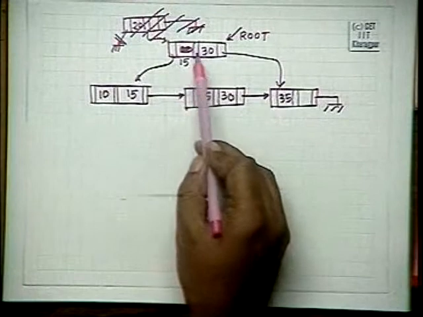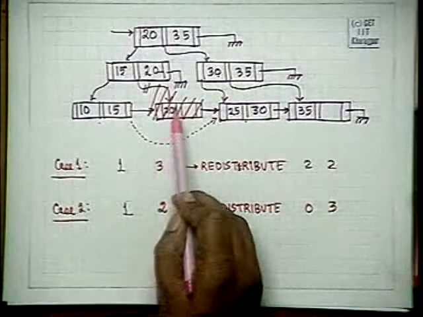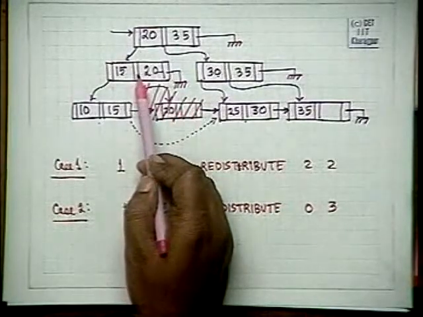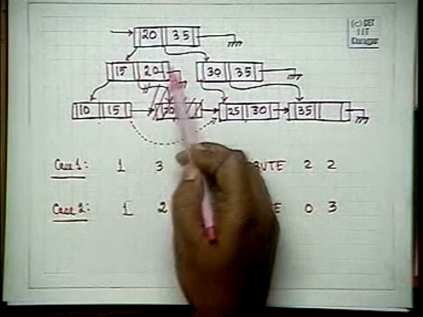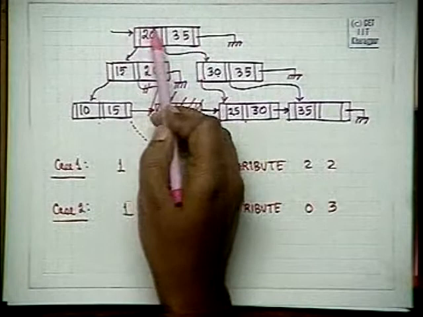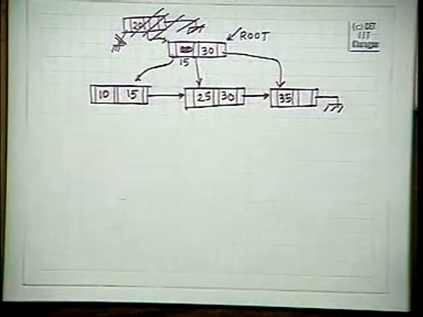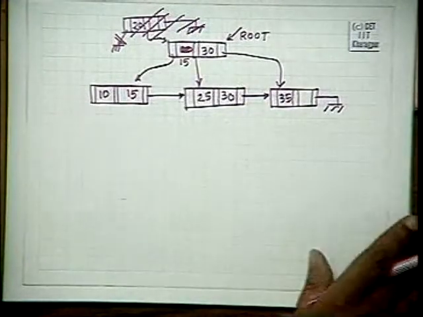So what we now have is this structure. We had 20 here, we deleted it, we found that this was having a node like this, we deleted it, then we redistributed it, and then we found this violated the condition, we deleted it, and we got a situation like this. Let us see another example which is a slightly simpler one.